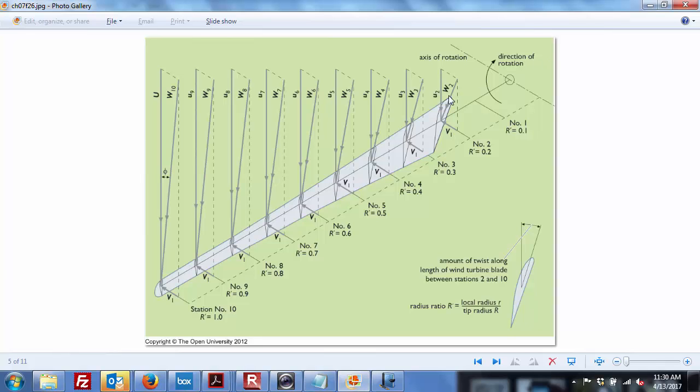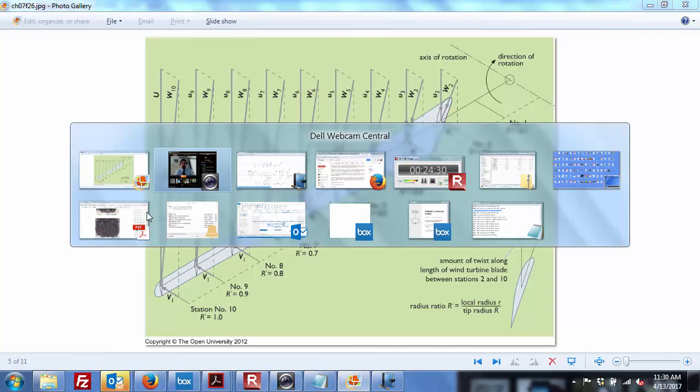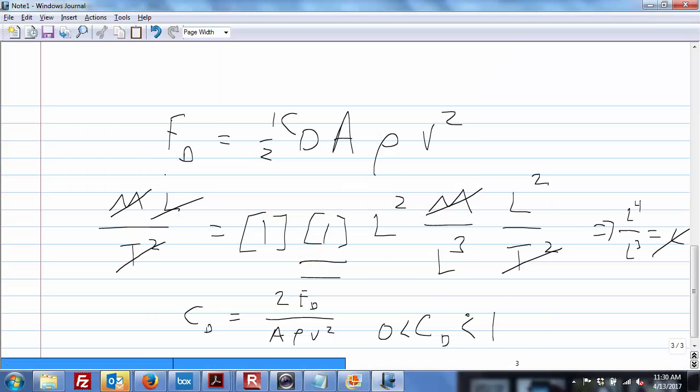So each one of these little vectors is showing you, as you move further out, the velocity changes. And if we go back here, we can see the force also changes. So that's why you get that blade bigger and bigger, more and more force, because it's moving faster out at that tip. And that's why we see wind turbines grow as large as they do,